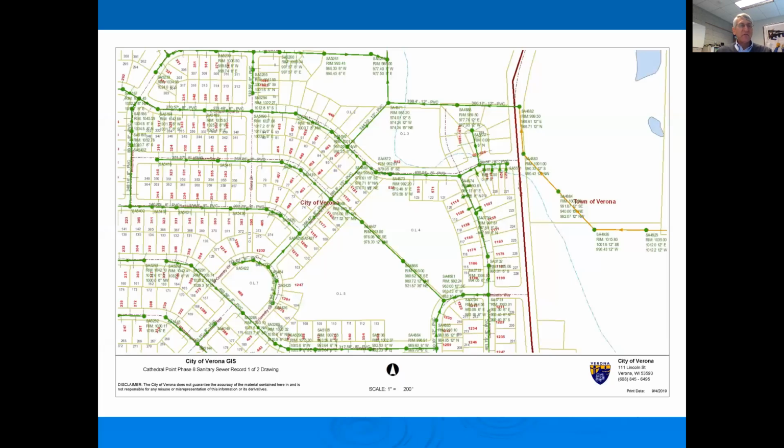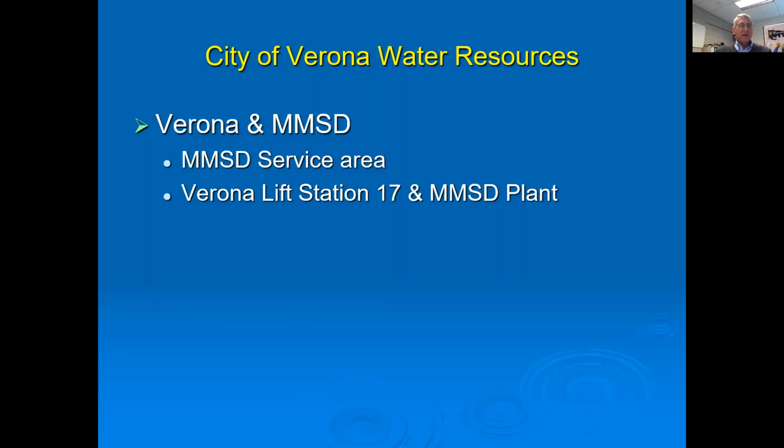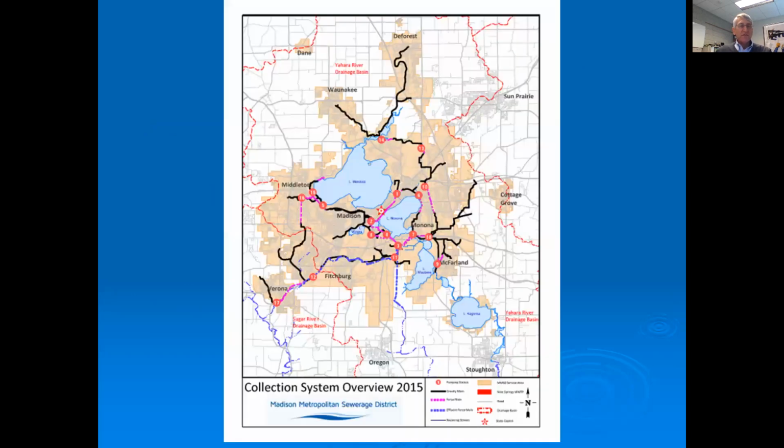On our GIS system, we'll always show that sanitary sewer pipe in green. The convention is largely because that's plastic pipe, and that pipe is usually a color of green. And we're part of the MMSD service area, and it is lift station 17 that delivers our wastewater to the MMSD plant. So this is a bit of a dated map of the MMSD